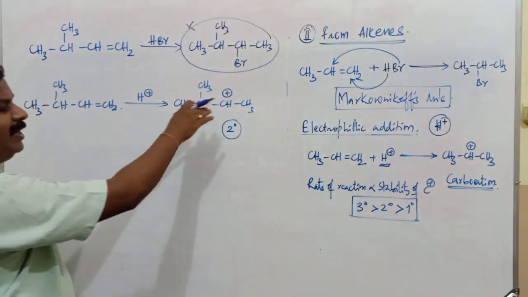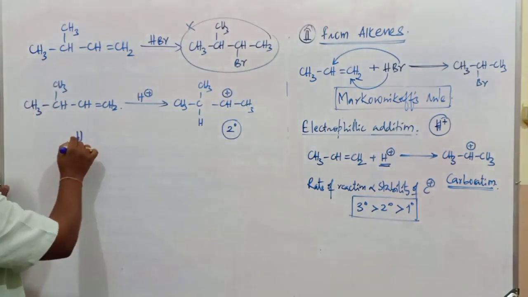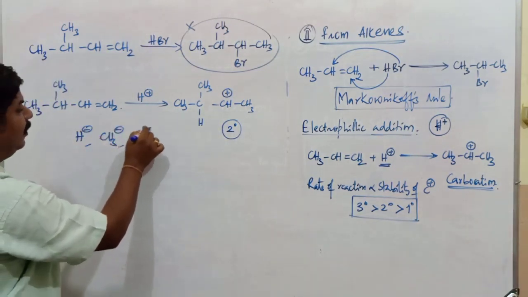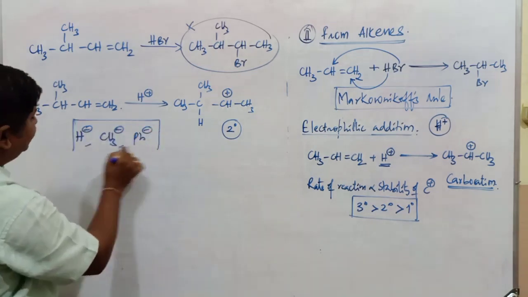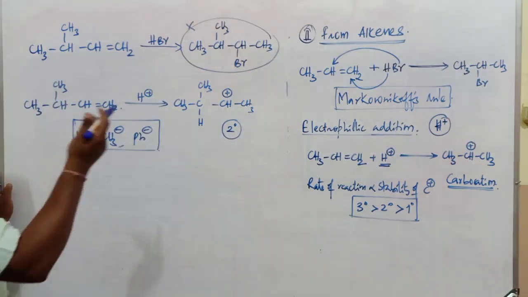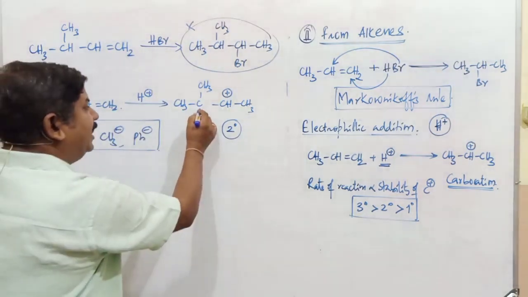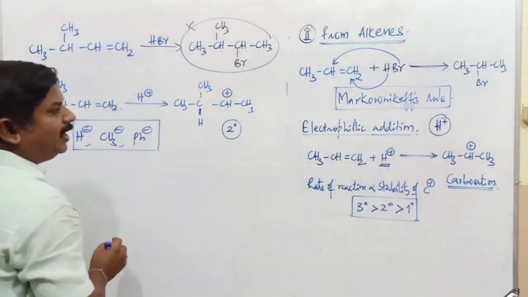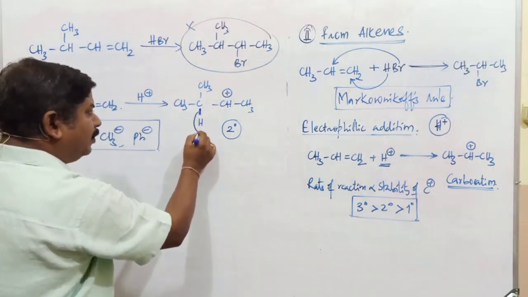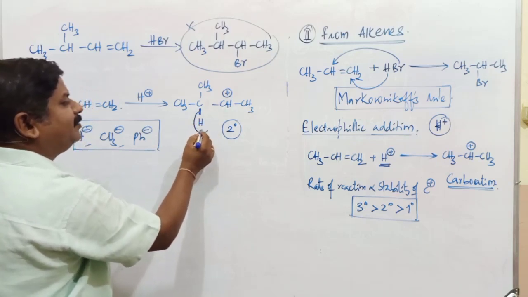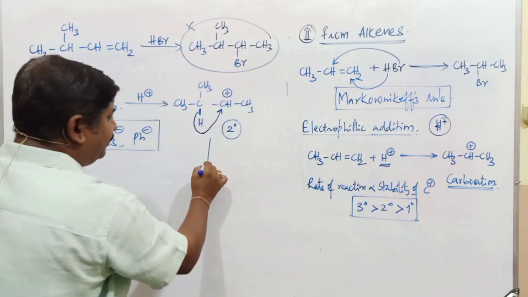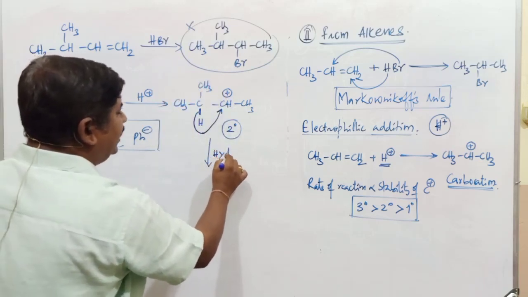Wherever such a possibility exists, by the shift of a hydride ion, methyl ion CH3, or phenyl ion, wherever the shift of these groups takes place, it can convert primary into secondary or secondary into tertiary. Now a carbon-hydrogen covalent bond is present. This hydrogen pulls the electron pair toward itself and leaves as H-, and that H- is shifted over this carbon atom. That is commonly called a hydride shift.